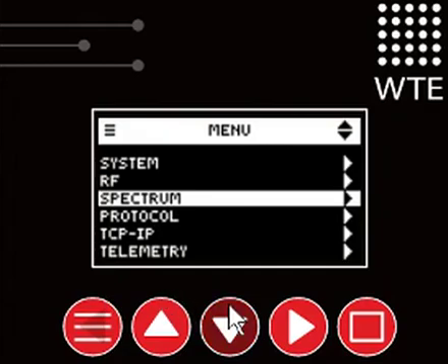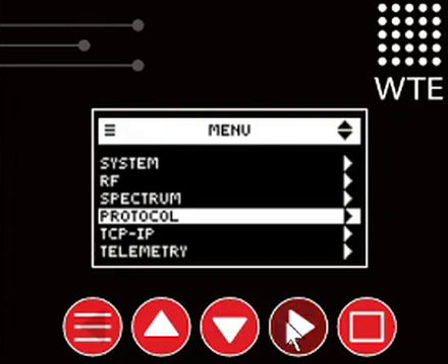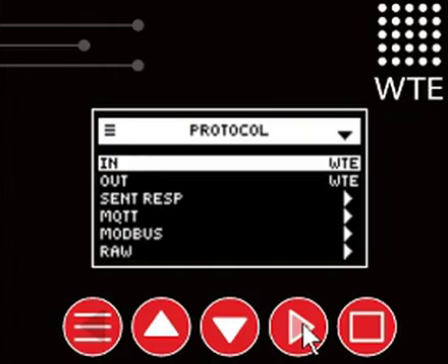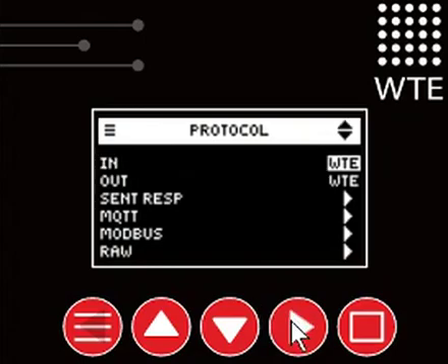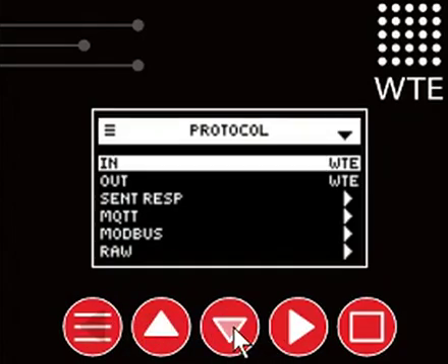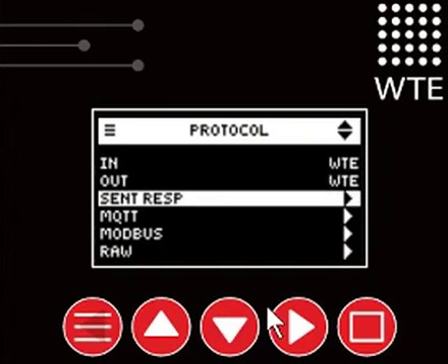Moving to the top level again, we have the protocol menus. So these are the serial protocols that are handled for incoming and outgoing serial data. In this case, serial data going into the TReX is using our own WTE serial format that has been documented in our manual. Here we have the response that is sent out of the